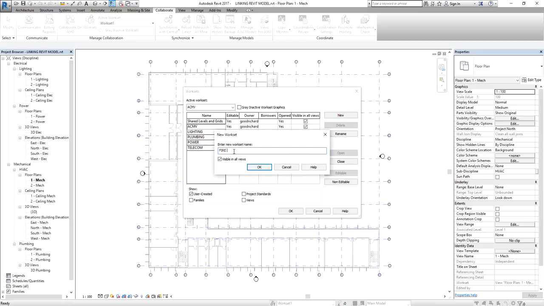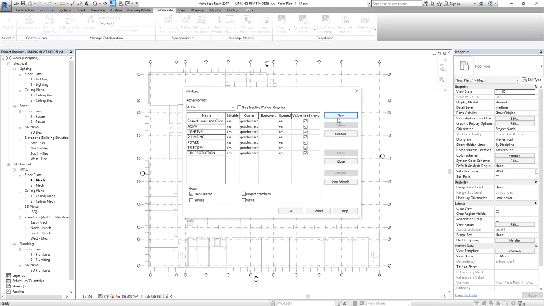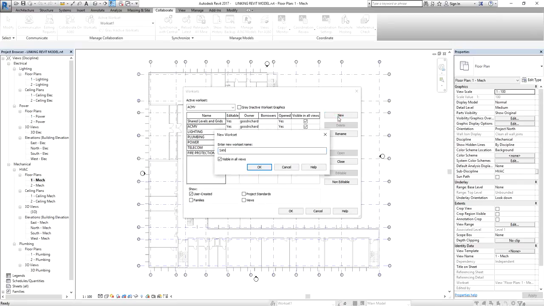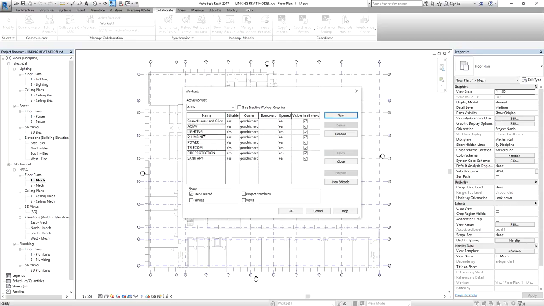Fire protection, ACMB, lighting, sanitary. This is just some of the basic services we are working on in the M&E project. And you can also create a work set which is a combination of plumbing and sanitary, because some users prefer that. They want to combine the elements under the plumbing and sanitary work sets.